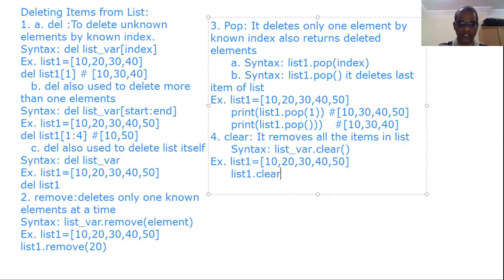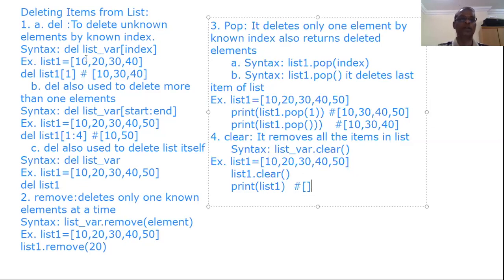Then we should go for clear. Now I would like to print list1. Now this is an empty list. It gives only an empty list. Whereas del deletes list1. There is no more list. But after clear is executed, list1 is there, but it will not contain any element. All the elements will be removed.